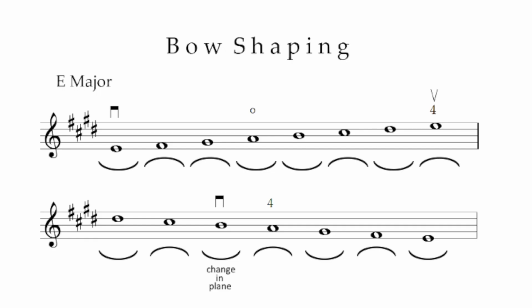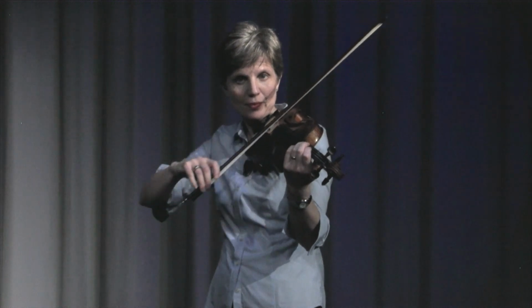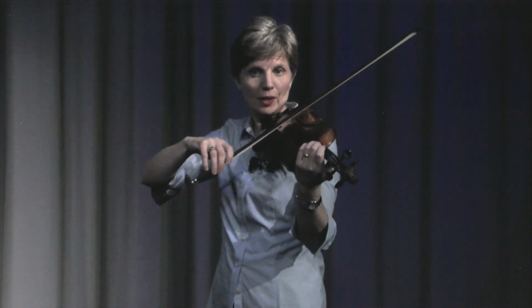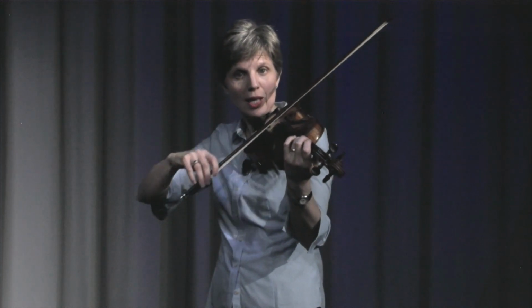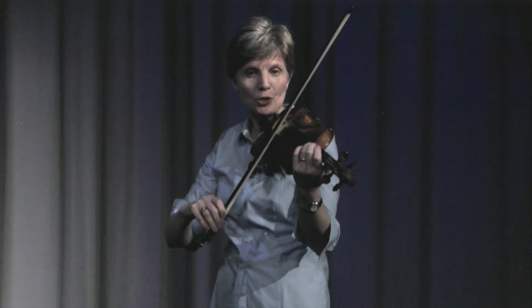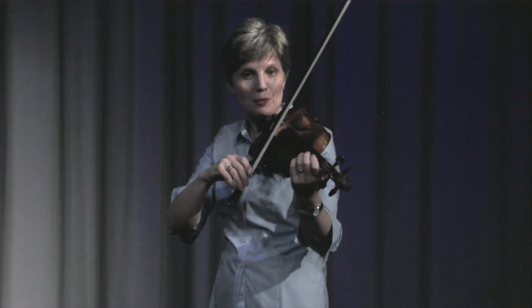Now if we change the scale and start on an E, the shaping has to change to accommodate the string crossings in a different place. It would start under, then go over. But the G sharp would have to be another over shape in order to get the bow easily over to the open A, which would then be an under shape. The same thing would happen